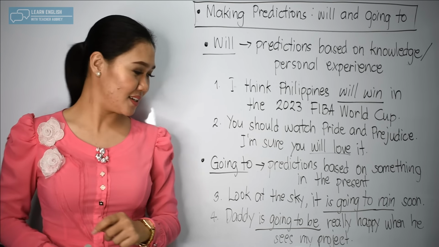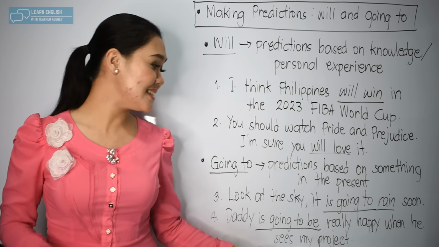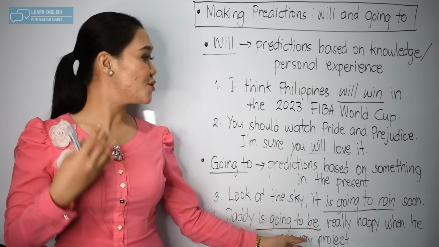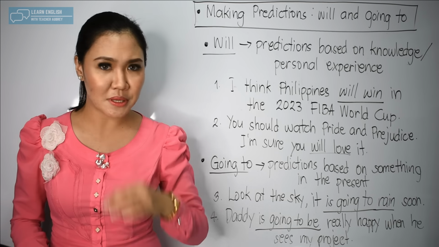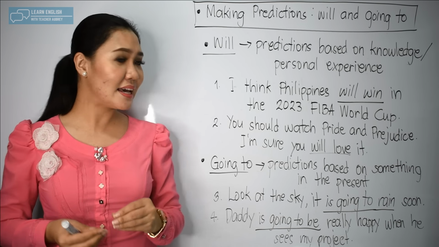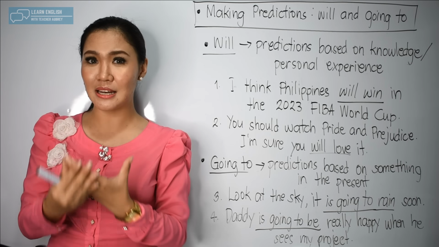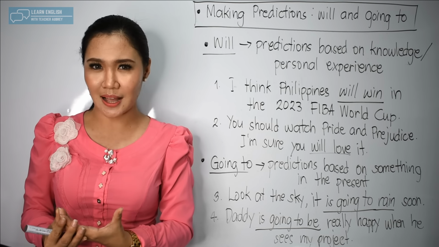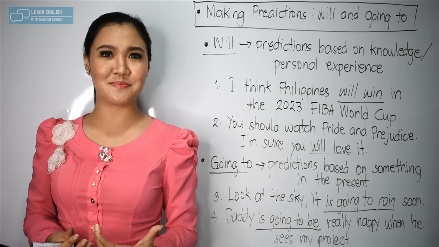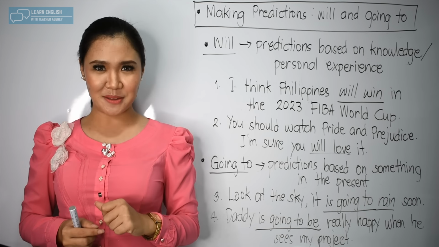Second and last example is this. Daddy is going to be really happy when he sees my project. Ang ginamit natin dito ay is going to be. Is going to be really happy. Bakit yan? Dahil yung prediction na narito sa pangungusap na ito ay isang bagay na nakikita mong nangyayari ngayon. Dahil alam mo na maganda yung kinalabasan ng project mo, kaya sigurado ka na pag nakita ng daddy mo yon ay matutuwa siya. Maaari mong i-pause o ihinto saglit itong video na ito para mas maunawaan mo ang pagkakaiba